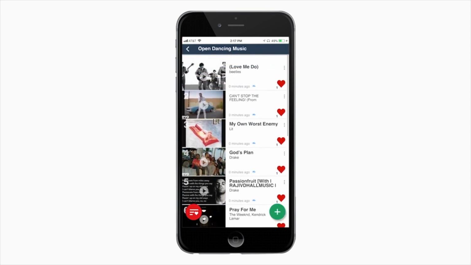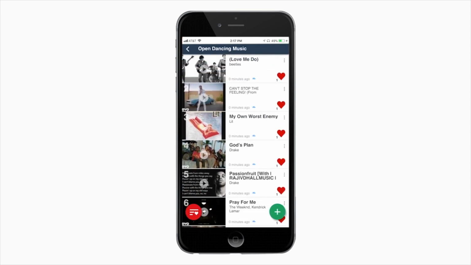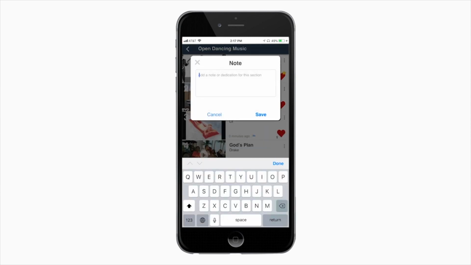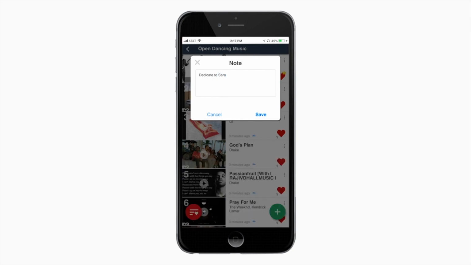In the upper right hand corner of every song, you as the host will see 3 dots. Guests are not able to view this. When you click those 3 dots, it gives you some additional options to notate about that specific song. You can add some song notes in there, such as dedicate this to a specific person, or you can classify